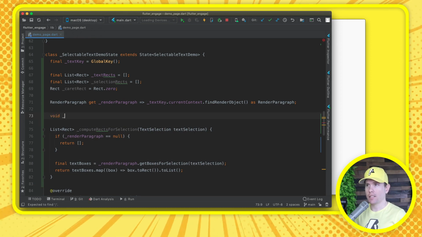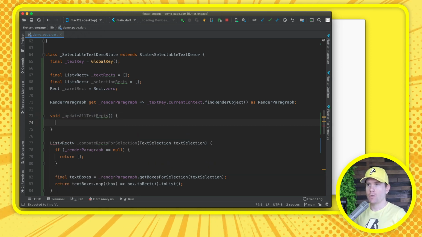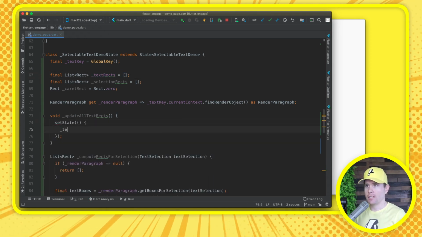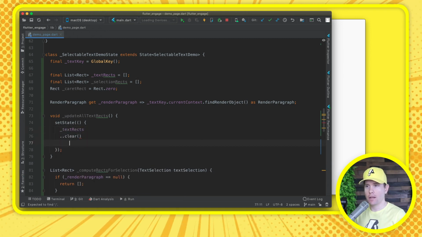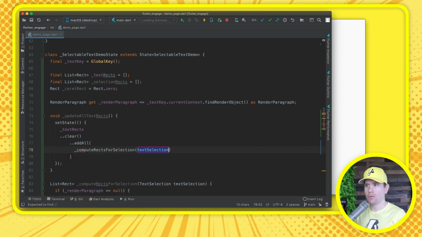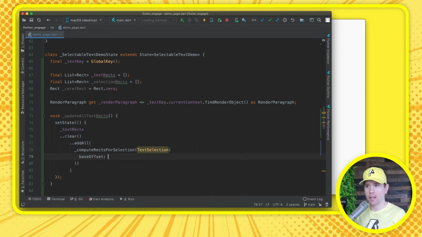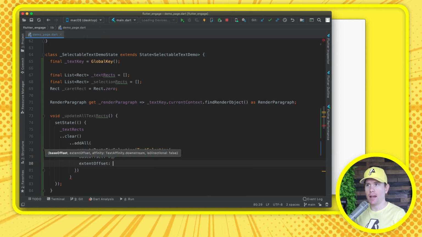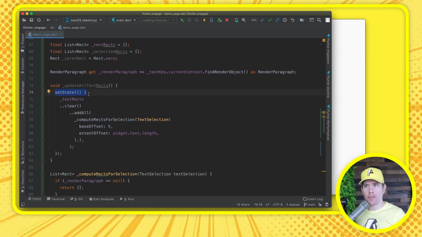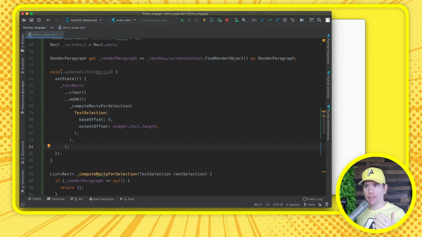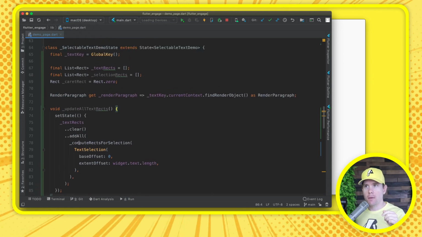Let's create a method called, let's say, update all text rects. We will now update this list right here. Again, how do we do that? We will say text rects. We will clear out whatever was already in there. And then we will add all, and we will call compute rects for selection. And then the only remaining question is, what do we pass for the text selection? Well, I just told you the base is going to be 0. That's the beginning. And we're going to go from the beginning to the end. What is the end? Well, that's the text dot length. That's the end of the available text. We call setState so that we redraw the UI when we refresh these text rectangles. Let's save that. So now we theoretically have the behavior necessary to draw those text rectangles,